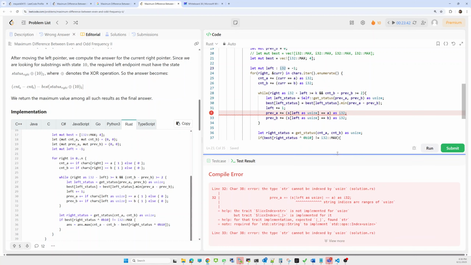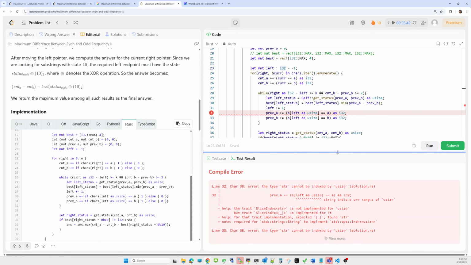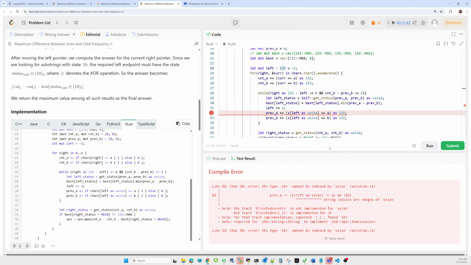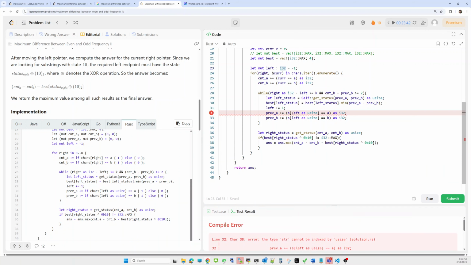Now it is giving again i32 of i. Okay, then how are they indexing? Okay, we are not able to index a string. We have to check or index over there.